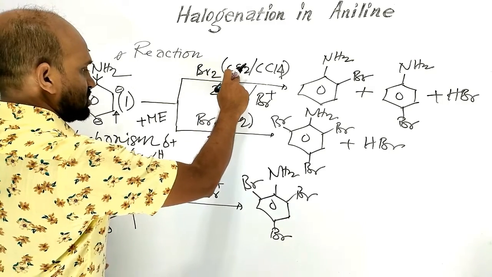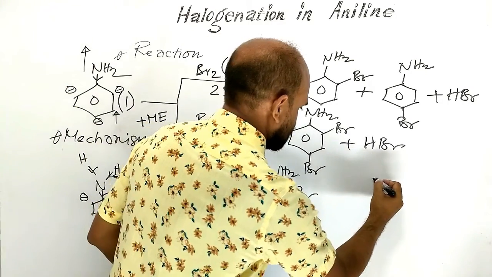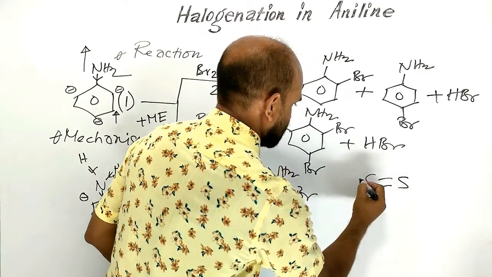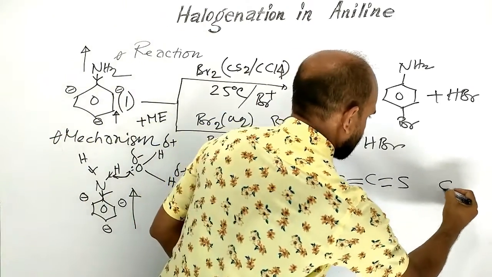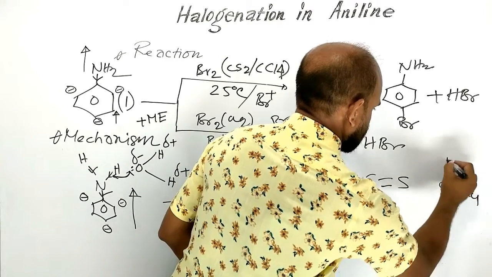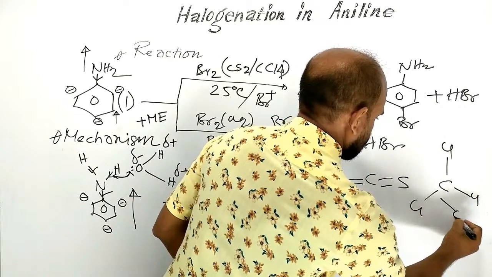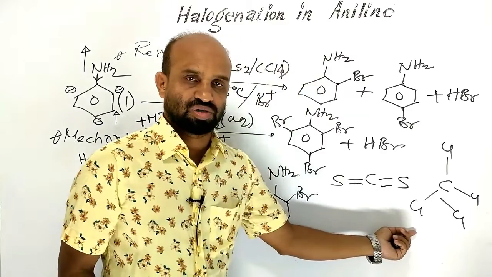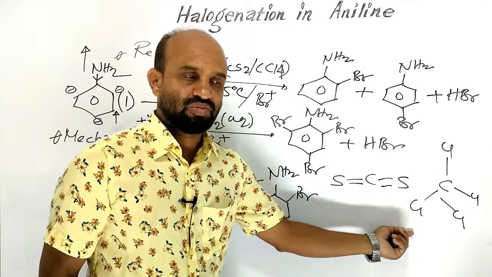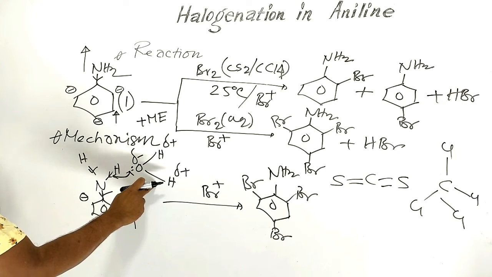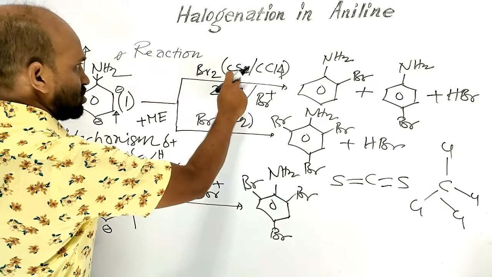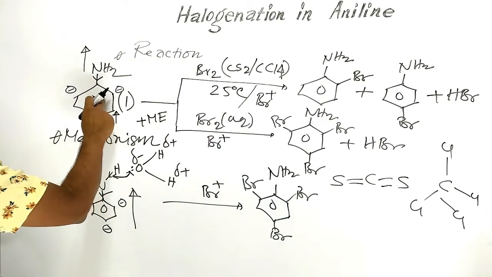But in this case, carbon disulfide, which is a non-polar solvent, and even carbon tetrachloride, this is also a non-polar solvent. A non-polar solvent cannot affect the amino group like the polar solvent water. That is why for the non-polar solvent, aniline forms